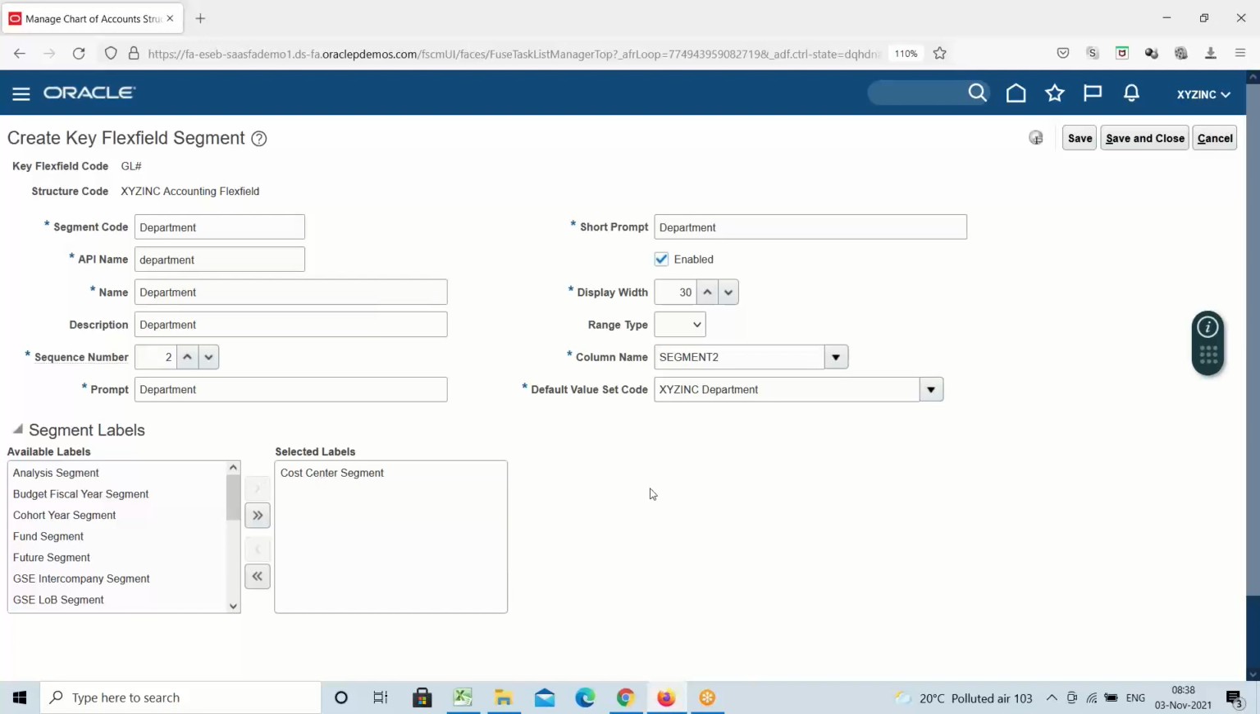That is one point. Another very important point is that there is one application called Expense. If you are going to use the Expense application, the system will verify whether any segment is qualified as a cost center or not. Ideally, the department you can treat as the cost center segment. So the system will validate whether the department segment has the cost center label assigned. Otherwise, the cost center based